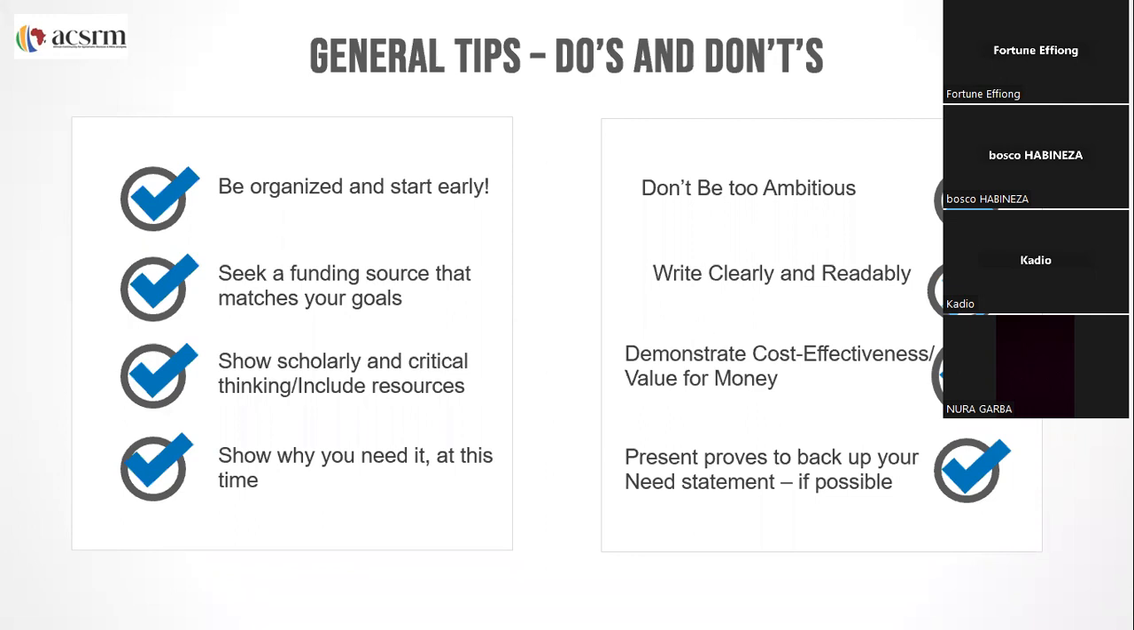If there is a newspaper publication or an article that is written about that, then that's an extra boost for you. But somehow, it should be a proof of what you're requesting for. Something that